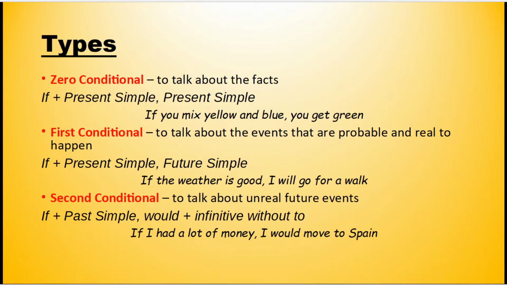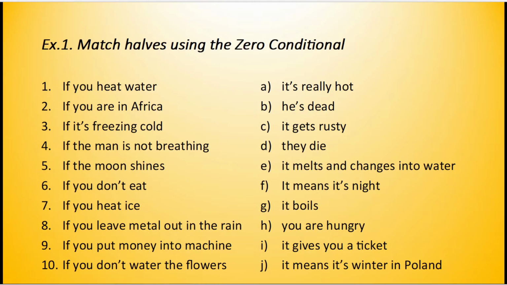The zero conditional to talk about facts. First conditional to talk about the events that are probable and real to happen. And the second conditional to talk about unreal future events. I want you to match the halves using the zero conditional. So, these will always be true. For example, number 1, if you heat water,